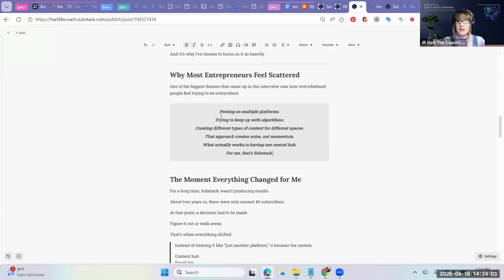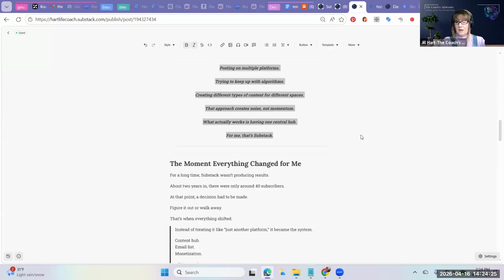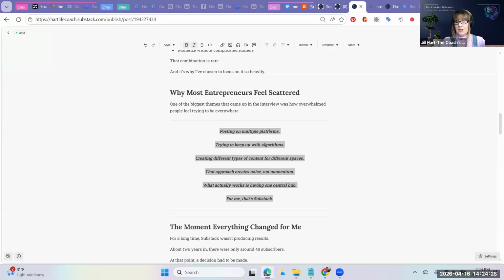Your other options, and these are the older options, are to just do, unclick that and then come back up here. You can do a block quote, which will just make the line there. And then undo that and let's see what pull quote does. I think pull quote will make it so that you've got these lines in between them, and if somebody shares this or restacks it, it pulls it back to this article.